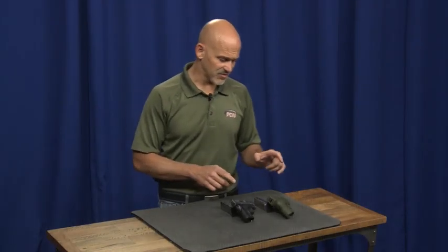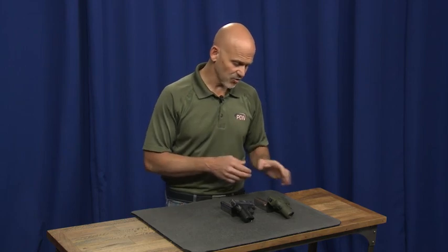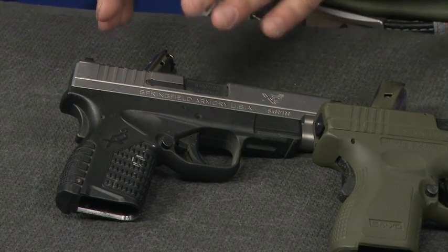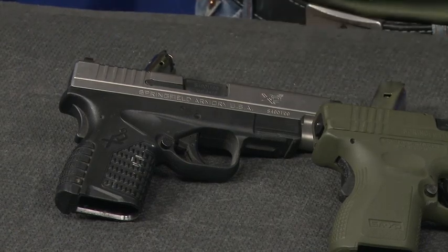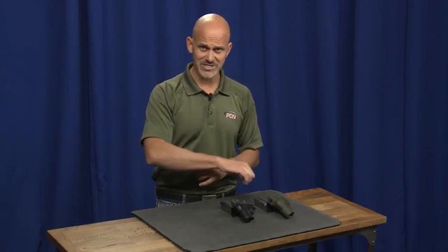I want to talk to you a little bit about this enhanced grip safety that I've got on one of my Springfield XDs. This one was done by Business End Customs, and the idea here is that the grip safety on these guns is obviously designed to prevent the gun from being discharged if you don't have a good solid firing grip. If the gun is in a box, you're reaching in, if someone's trying to take the gun from you and they get their finger on the trigger but you were just wrestling with them while it was coming